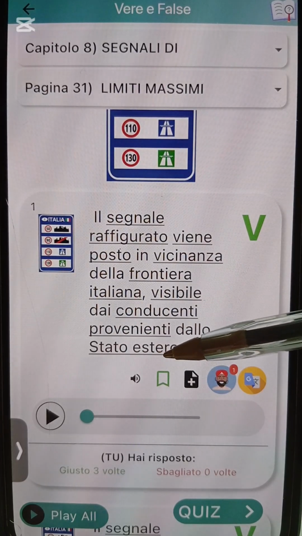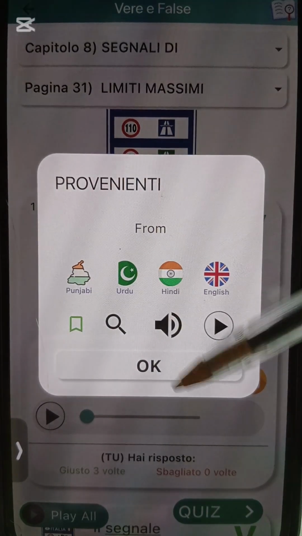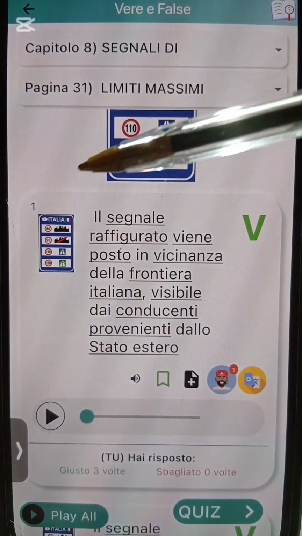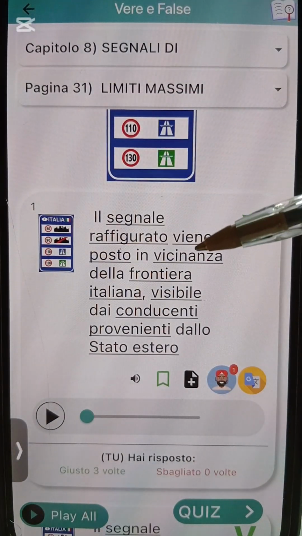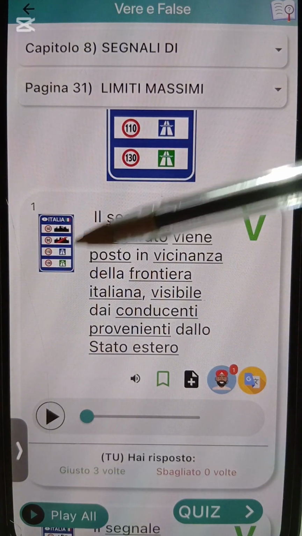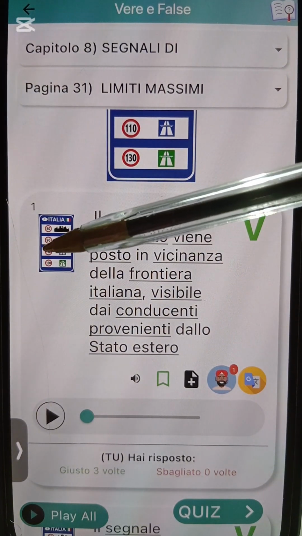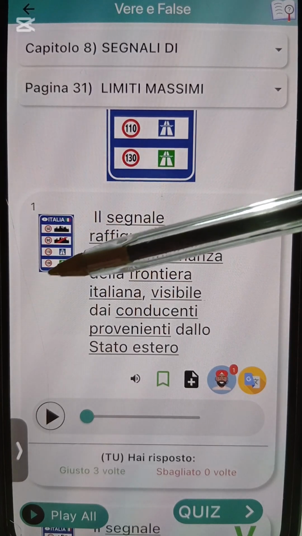Outside the state. Okay, proveniente means from. All right? Proveniente means what? From. So they tell us now, say this sign, they go post am near the what? Near Italian border, make e dey visible to drivers wey dey come from what? Outside Italy. Okay? In case anyone wey dem wan transit on, make dem no go pass the limit.